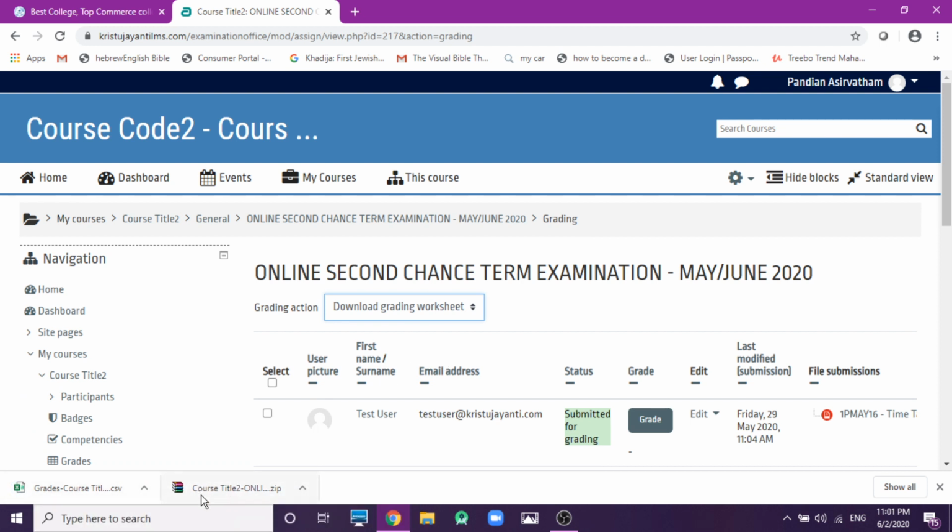Number one, the PDF files which the students have submitted to your course page. The second one is the grade worksheet. When you download both the zip file as well as the grading sheet, for example, I'll open the grading sheet.